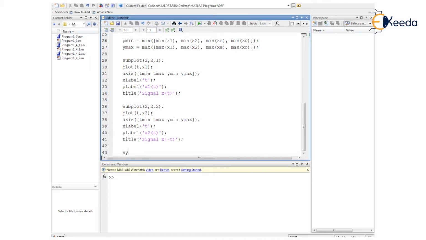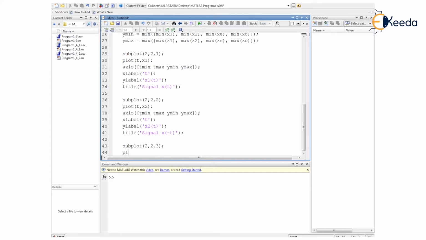Now we have to assign another plot to the next cell of the subplot. So here it is the command subplot 2 comma 2 comma 3. Next to that we are making use of the plot command. Inside the bracket we have t comma xe for the even part.